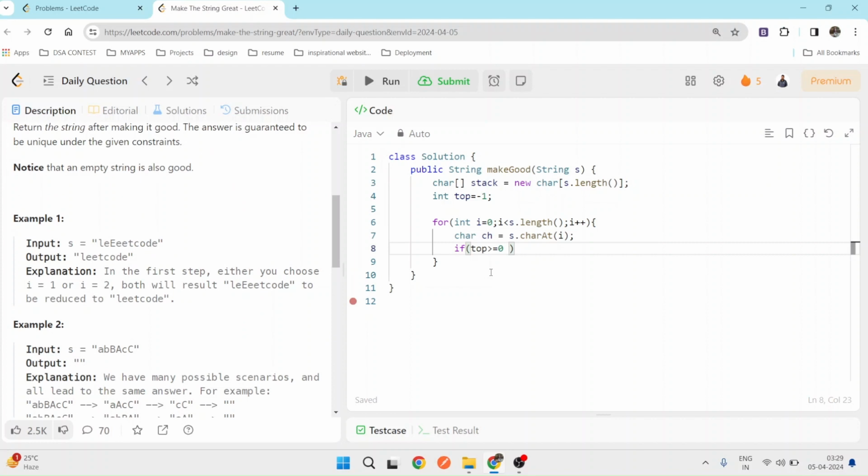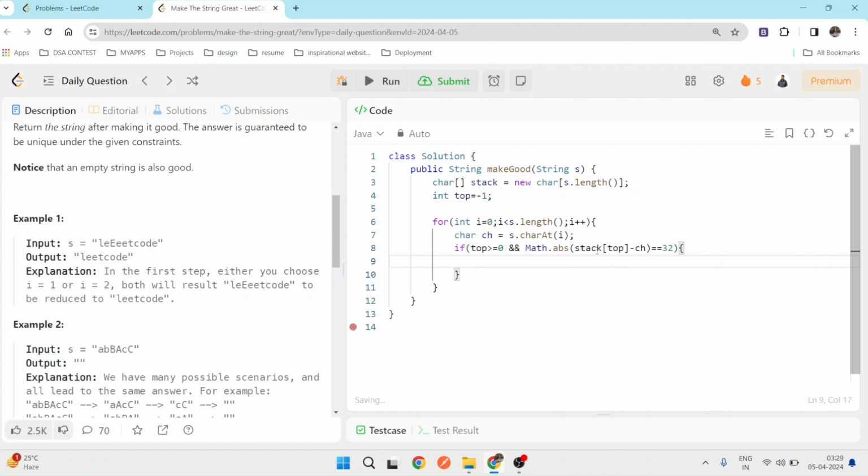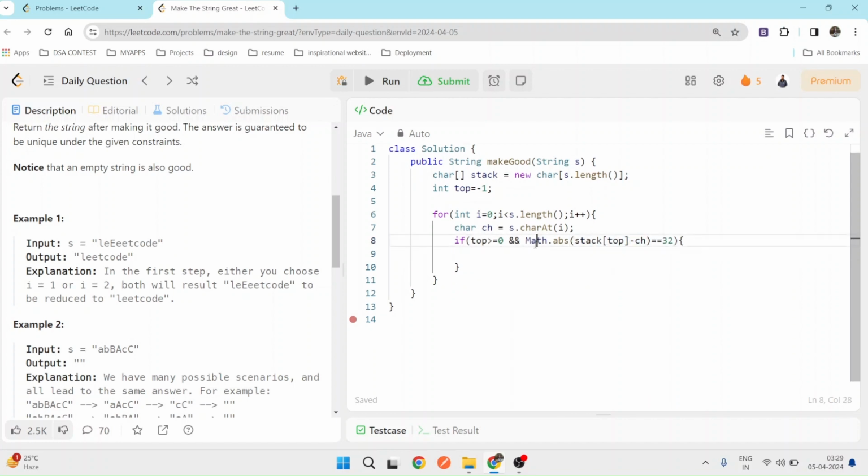We will check this condition, and we will also use Math.abs. We are checking that the difference between the top value and ch is 32. Math.abs converts the negative value into a positive value, so we can directly check this.